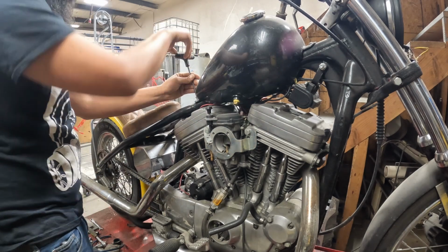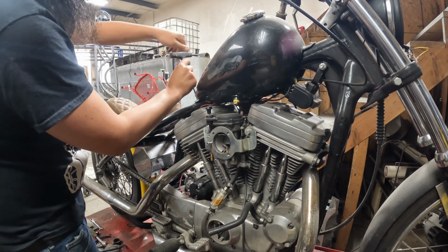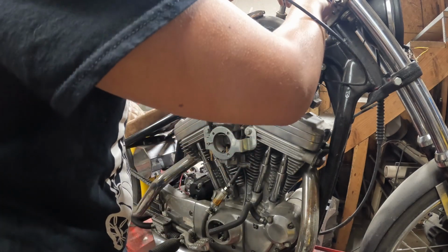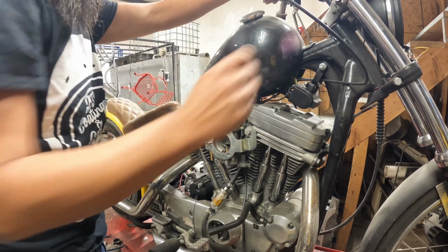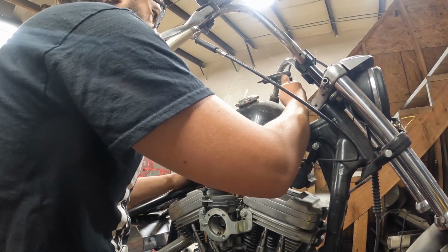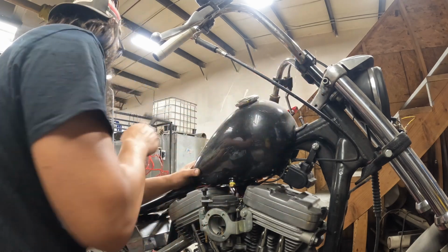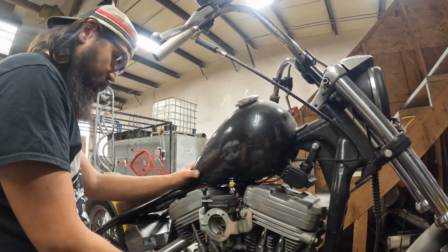I like running these little stainless ones. I think they're nice, clean stainless setup. Look a little bit better than the actual big bulky bolts. This tank looks filthy, but it is all super fresh. Just needs a good dusting off from sitting up here. The shop gets so dirty, that's why I hate working on stuff up here. And why this motor is coming back to my house, because this is not the best environment for